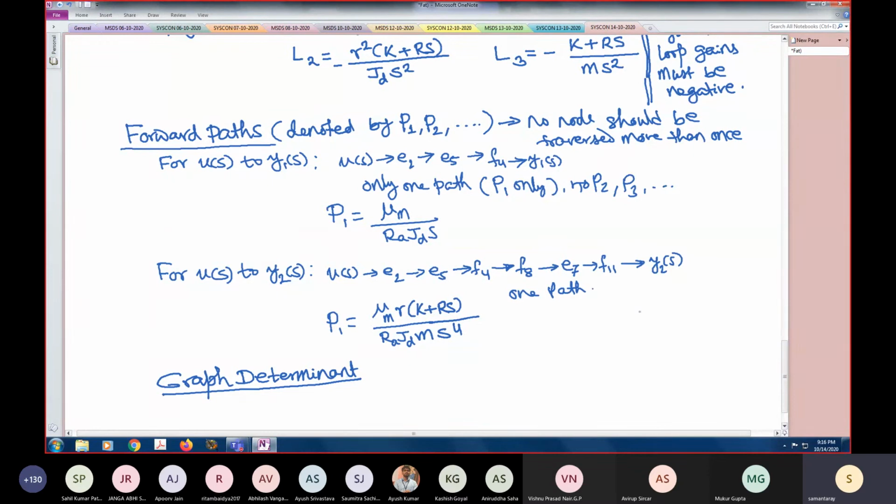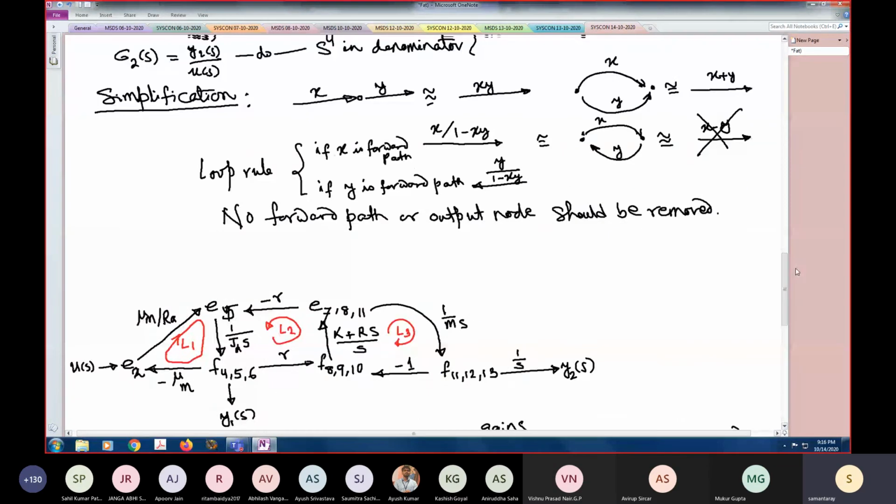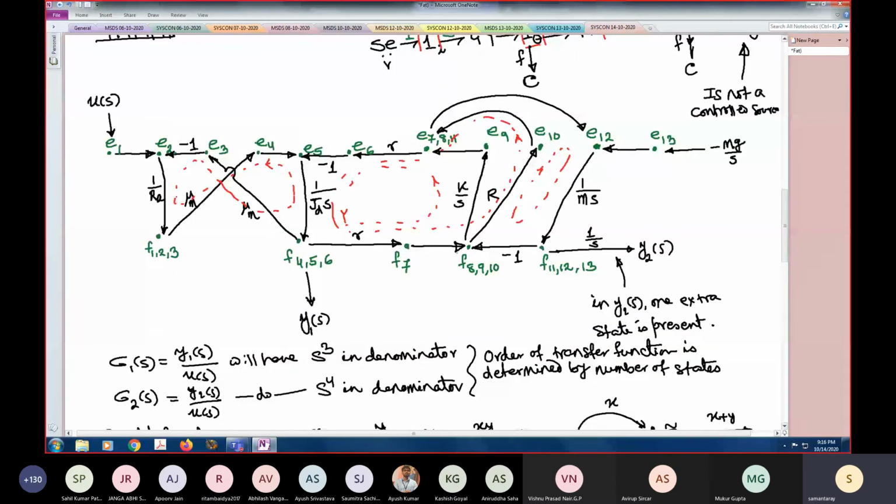If you had not reduced this model, and kept this original model, then you would have got one path after R. You have got one path F8 to E7 to E12 to F11. The other path again, the common paths up to F8. After F8, you have E10, E7, E12, and this. So two paths you would have got. But because we have merged, we are getting one path.